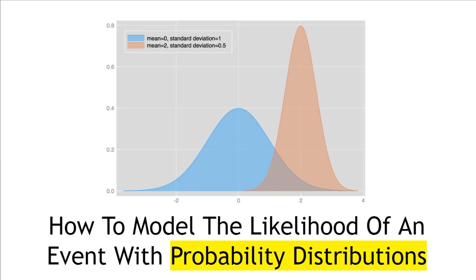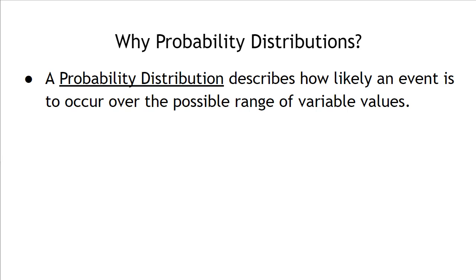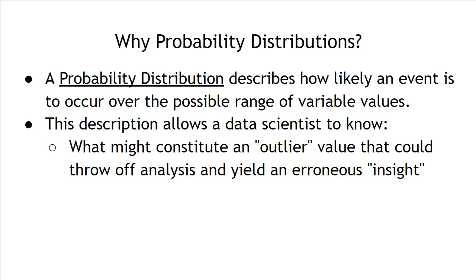Alright everyone, in this video I'm going to show you how to model the likelihood of an event with probability distributions. Now, why do we need probability distributions as data scientists? Why do we need to know about these? Well, a probability distribution describes how likely an event is to occur over the possible range of variable values. And this description allows a data scientist to know what might constitute an outlier value that could throw off analysis